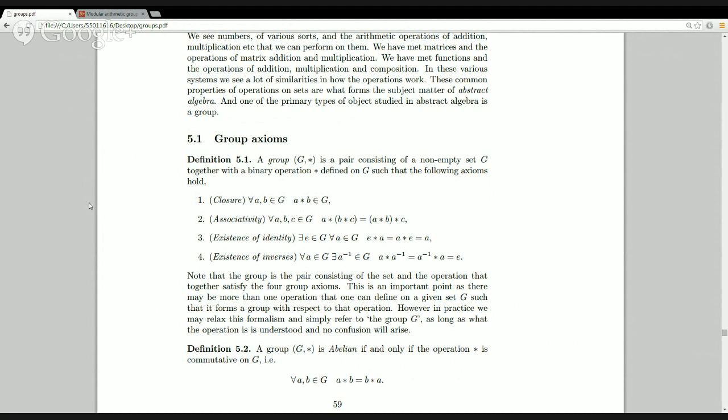minimal in the sense that they're satisfied by a huge range of different groups in different areas of maths, a huge range of different binary operations and different sets. You're already familiar with lots of examples of these. Addition, multiplication of numbers, various types of numbers, addition of vectors, addition and multiplication of matrices. Under various conditions, certain sets of matrices form groups